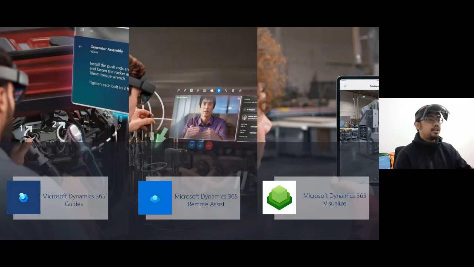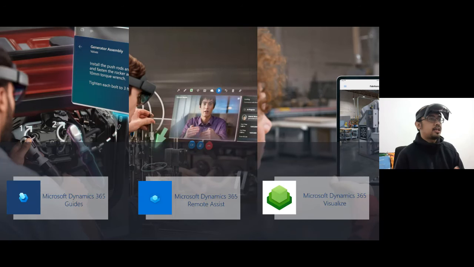So we have Dynamics 365 Guides, Remote Assist, and Visualize. From those solutions, you can do a bunch of things, like remote assistance for your man in the field, the first line worker, getting help from the expert in the main office.